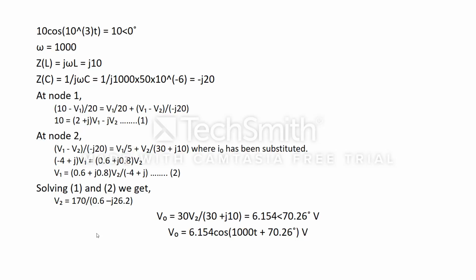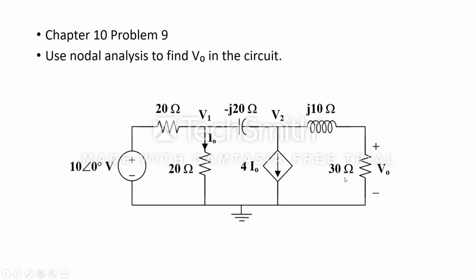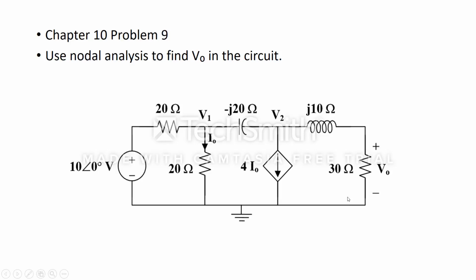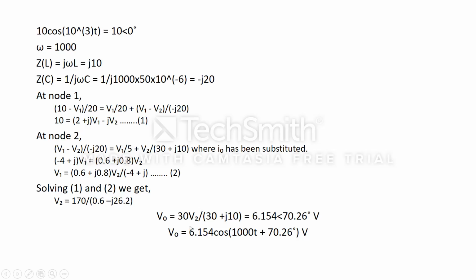So substituting this value, since we are applying nodal analysis, we can also say that V2 minus 0 divided by this total resistance gives us the current flowing over it. According to Ohm's law, the current flowing over this branch times 30 gives us the potential drop across this resistor. So we are saying that 30 times the current flowing over this branch, which is given by V2 by 30